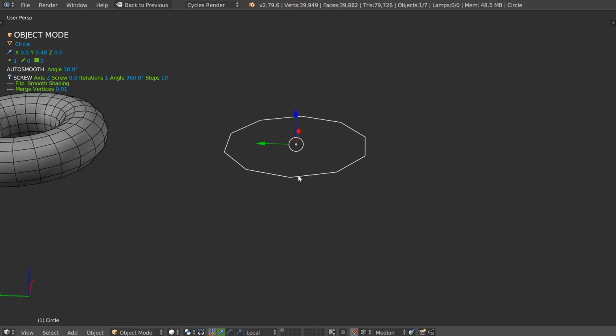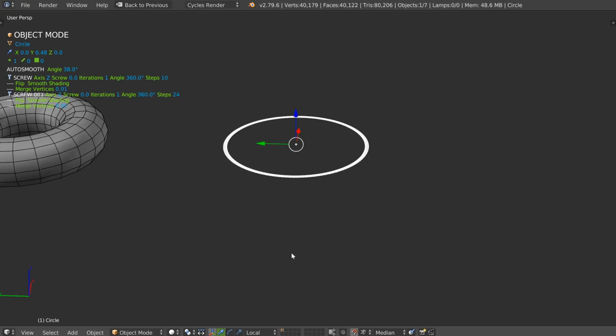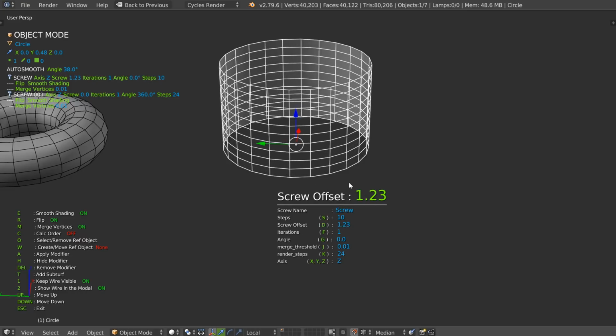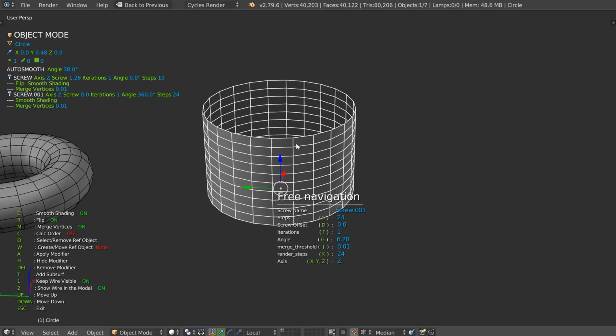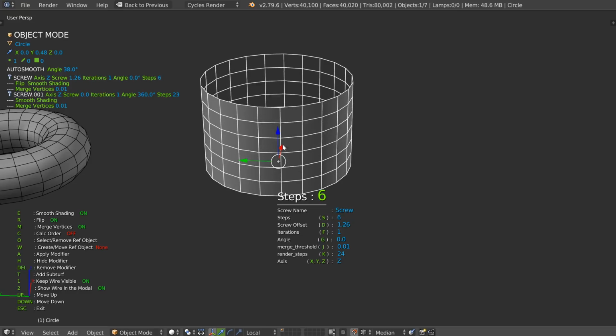On this one I can in fact add another screw, like that. I will press Shift W to add a new screw. Hopla, I will come back, and I will press G0. I will change the axis, as you can see, to Z, so it's already in Z. Yes, and I will press D, and I will have that. So on this second screw, I will press R to flip the normals. I will be able to change, I need to edit my code to make it correct, but I will be